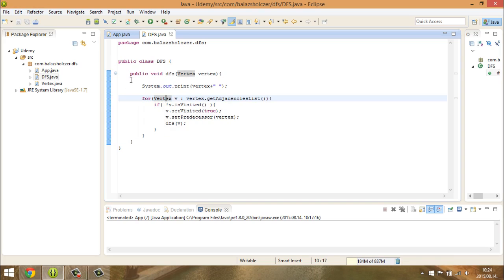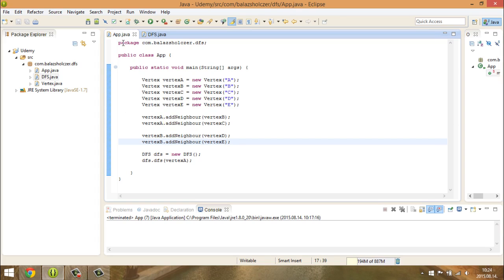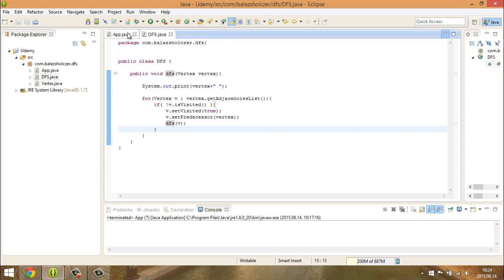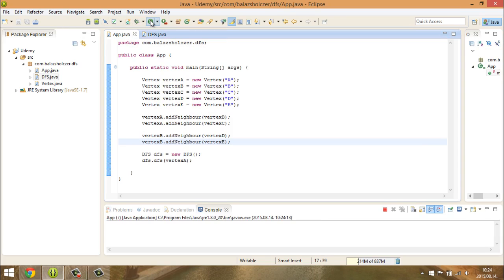I think it's much more robust and much simpler. So if I run this algorithm again, DFS vertex, it is the same, yes. Then A, B, D, E, C,